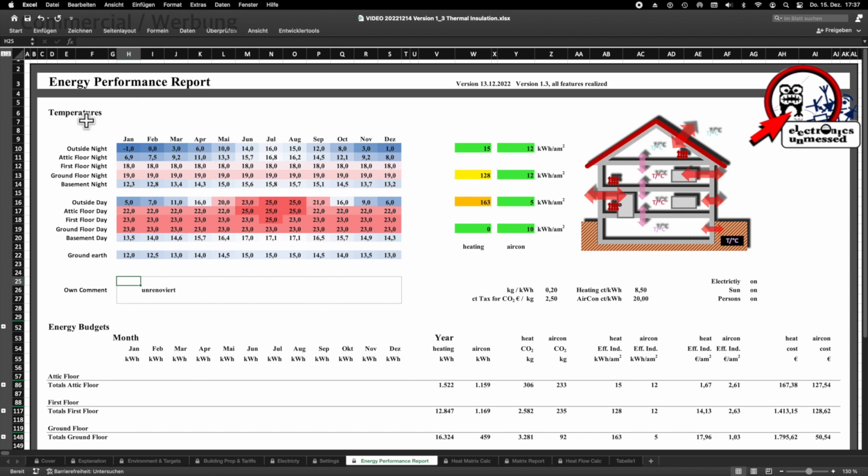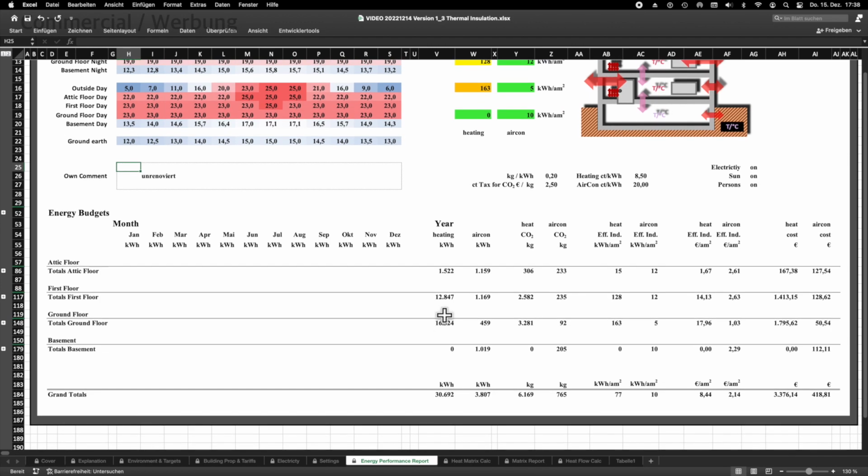On the top left is an overview of the temperatures, and on the top right we get the efficiency classes of the individual floors. At the bottom right we get the consumption, CO2 values, performance indicators and of course the costs. If you now want to analyze more precisely where exactly how much thermal energy flows, then we can open grouped cells here.